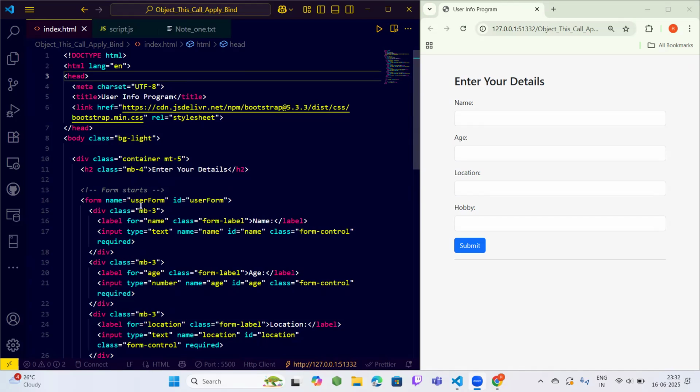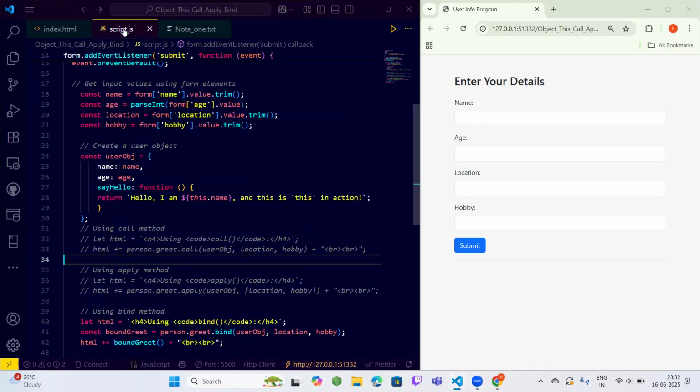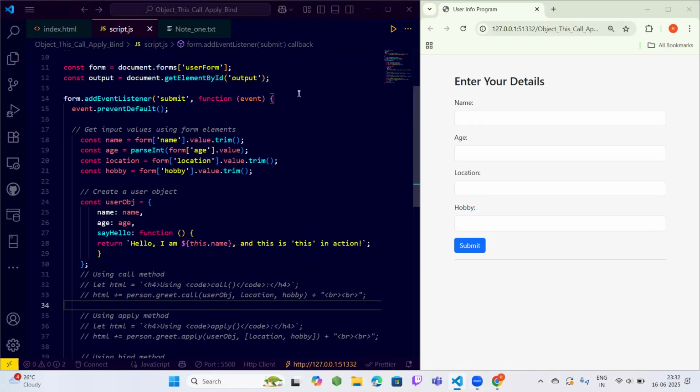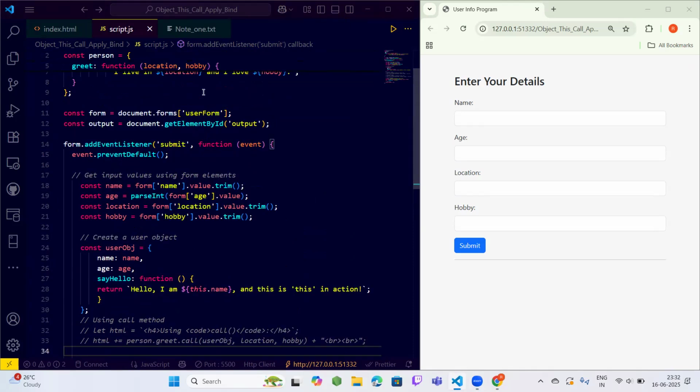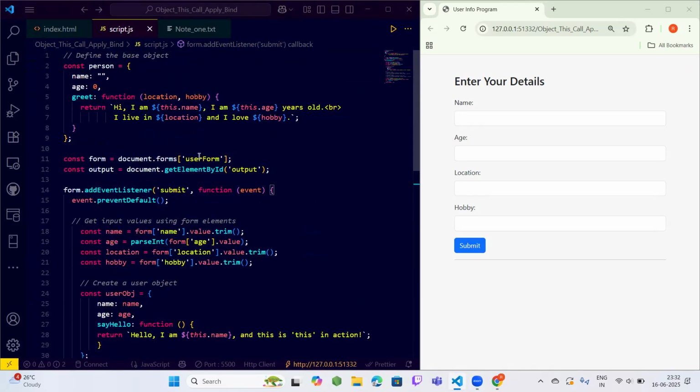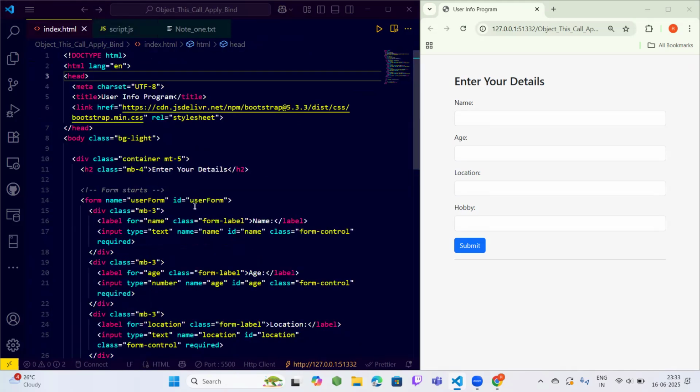So like we can see here, userForm, we are accessing the userForm name in JavaScript with the help of document.forms. We are targeting this part with the help of document.forms in our JavaScript file. And after that,